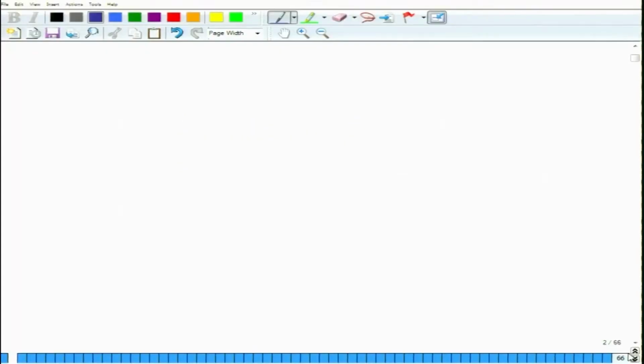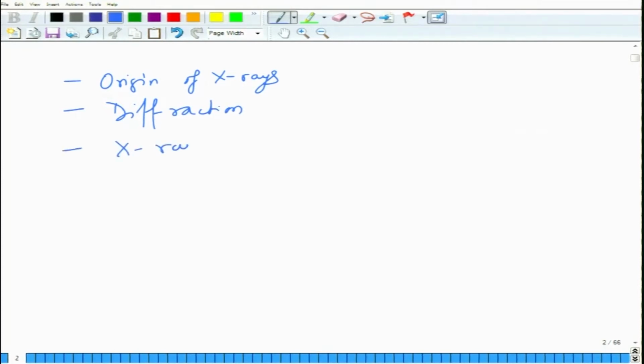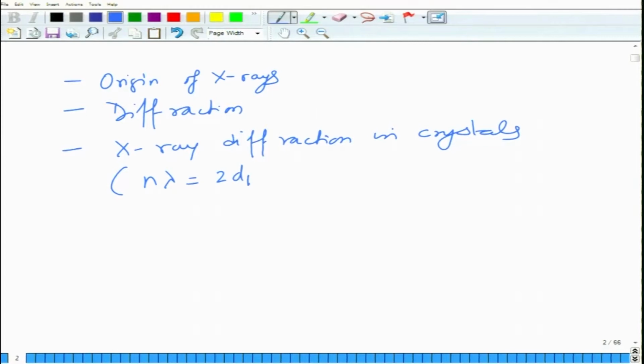So what we have learned so far in X-ray diffraction is the origin of X-rays, what is diffraction, and then X-ray diffraction in crystals, which is expressed by n lambda is equal to 2 d HKL sin theta, which is Bragg's law. And then we looked at the methods of diffraction,